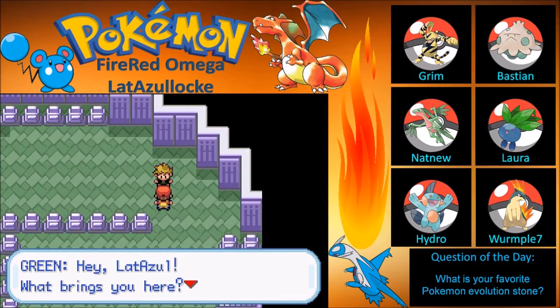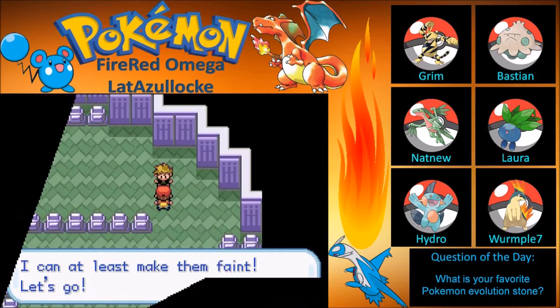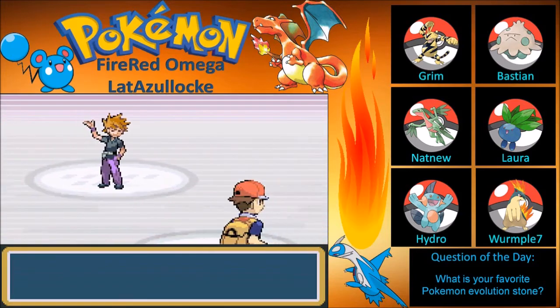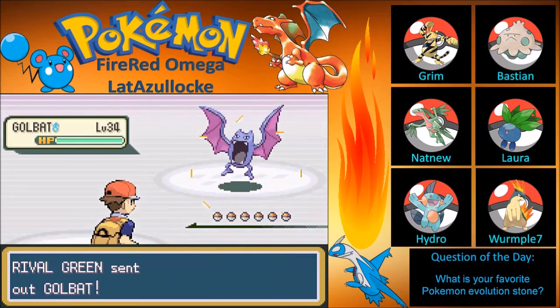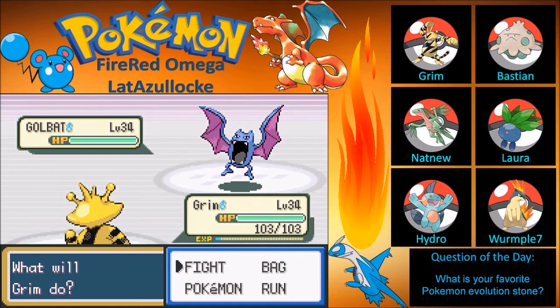Hey, LatAzullocke, what brings you here? Is your Pokemon dead? Hey, it's alive! I can at least make them faint, let's go! Oh, great. Okay. Here we go against our rival, Green. He has a Golbat, as always. Fair enough. Let's go for a Thunder...